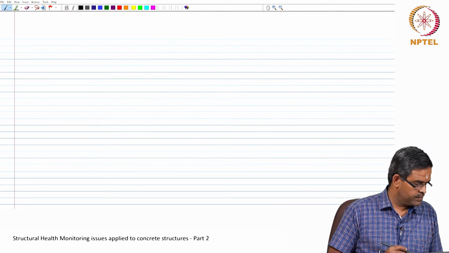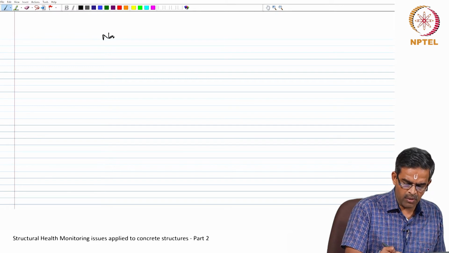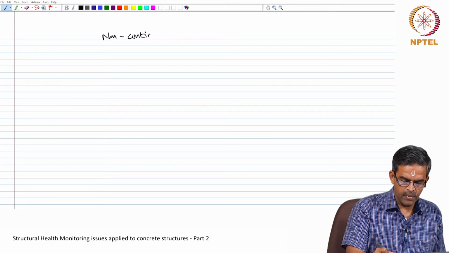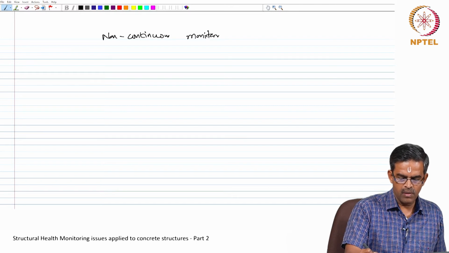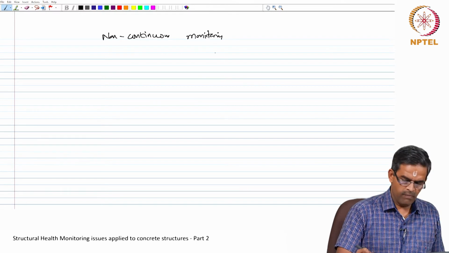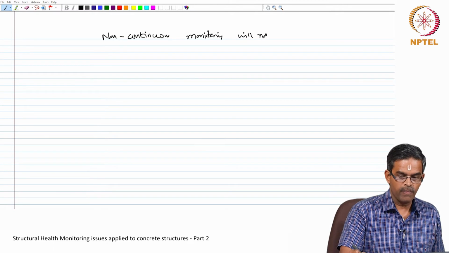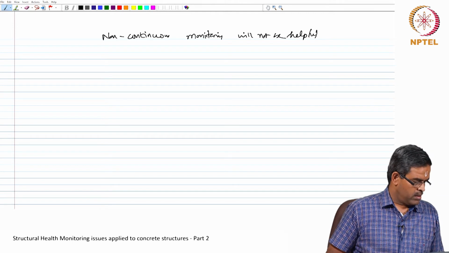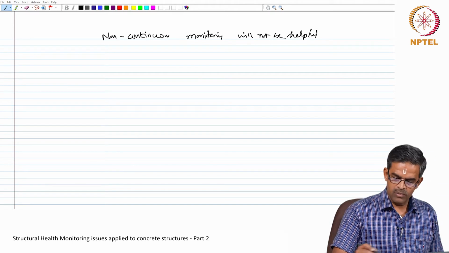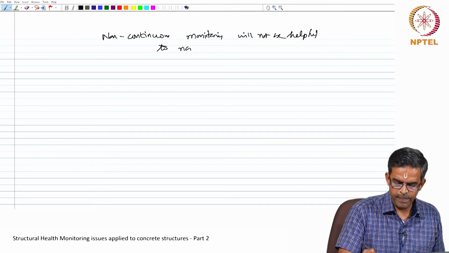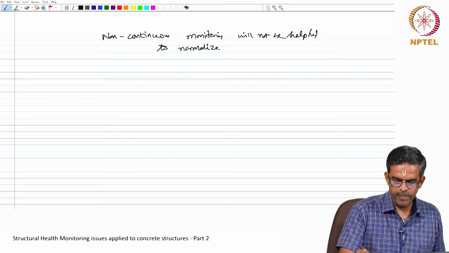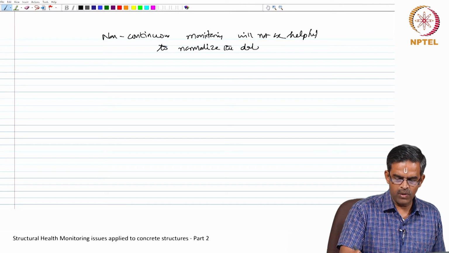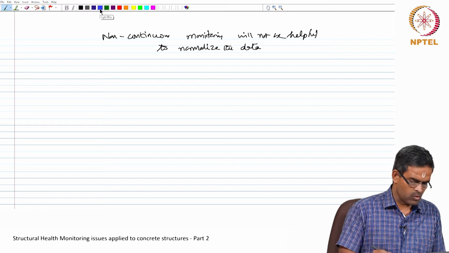Therefore, non-continuous monitoring will not be helpful to normalize the data. Then what is the solution? The solution could be,